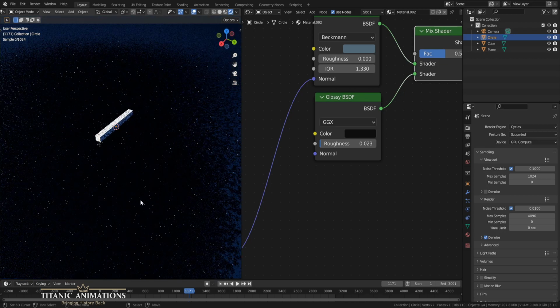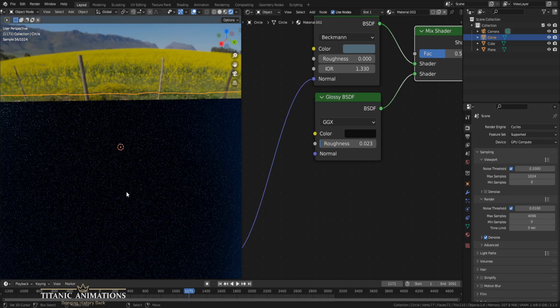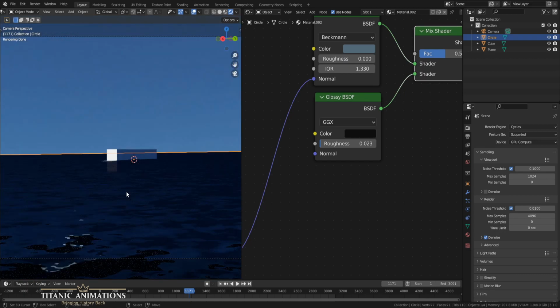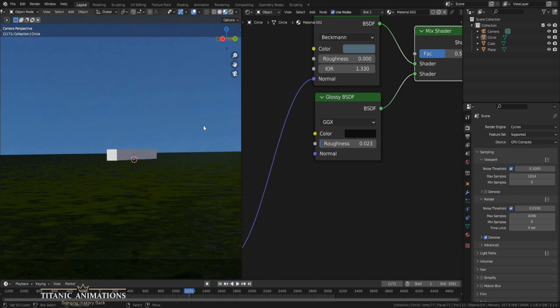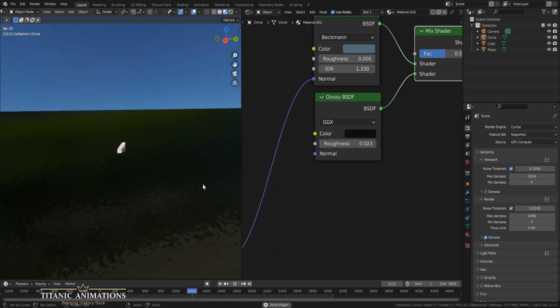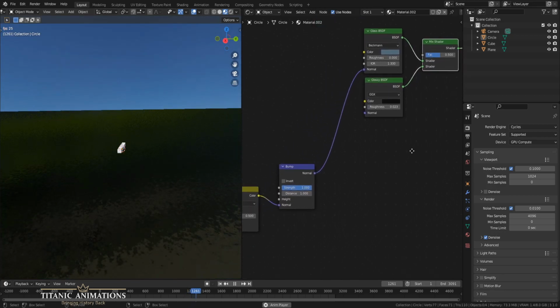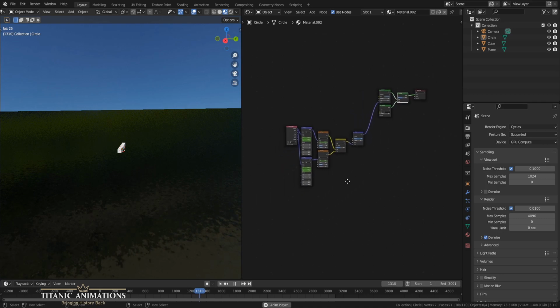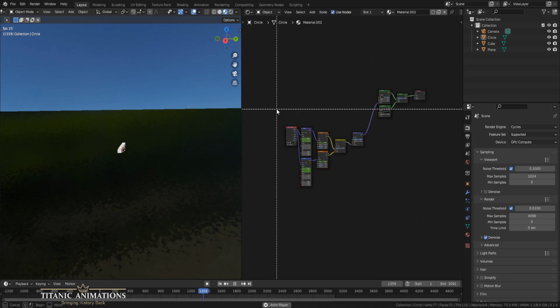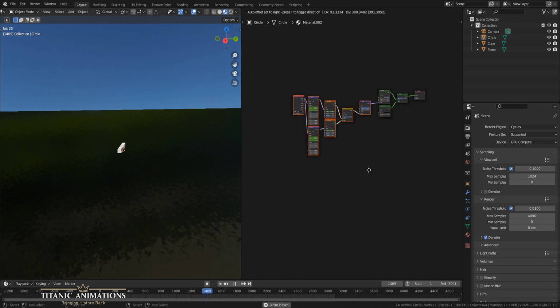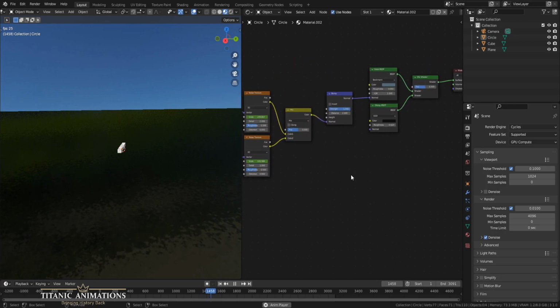Yep, that's what it was. But there's no way that I can play this right now because it's trying to calculate each frame as I move. But that is a quick, easy, cheap, cheater way of making a big ocean in Blender